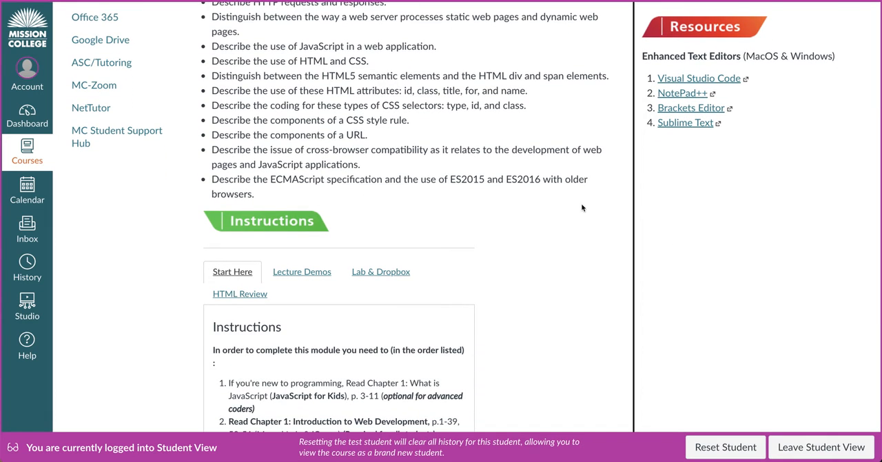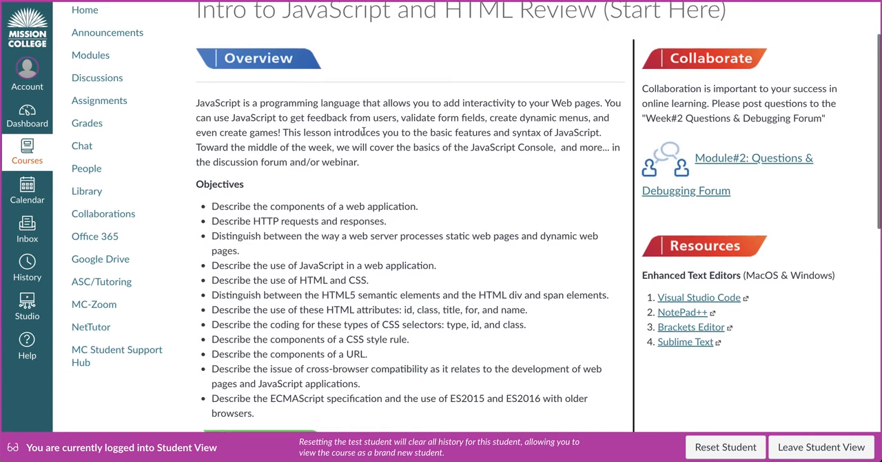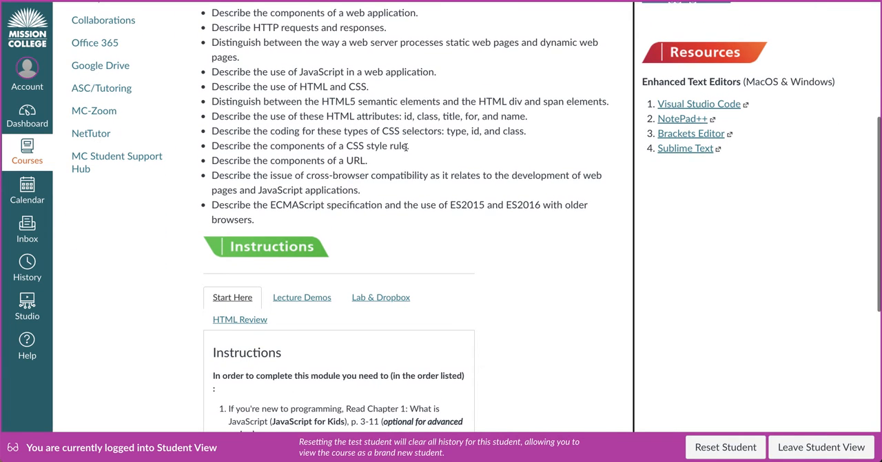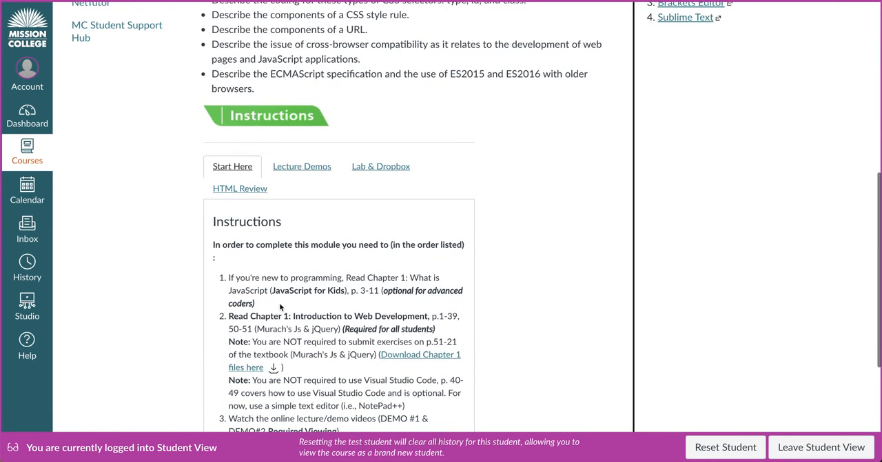What I'd recommend is that you have a piece of paper in case you need to take notes. Please read the overview and the objectives because it details the things that we will cover this week. In the instructions, there are tabs. By default, it opens to the Start Here tab,